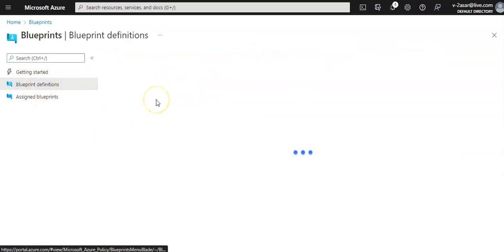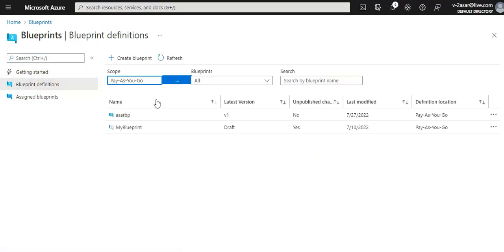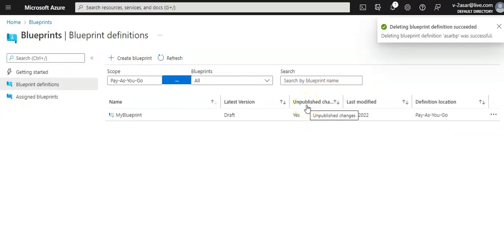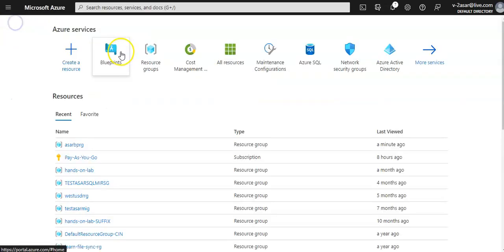You click on blueprint definitions. You select the blueprint that you want to delete and then delete a blueprint. Blueprint deleted. Now if you will go to the resource groups